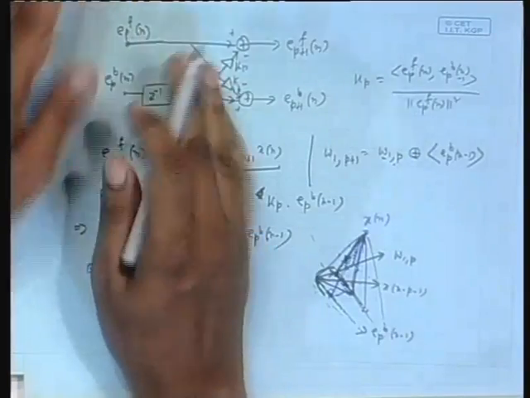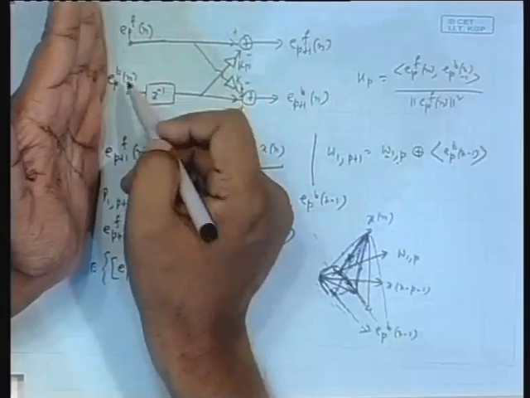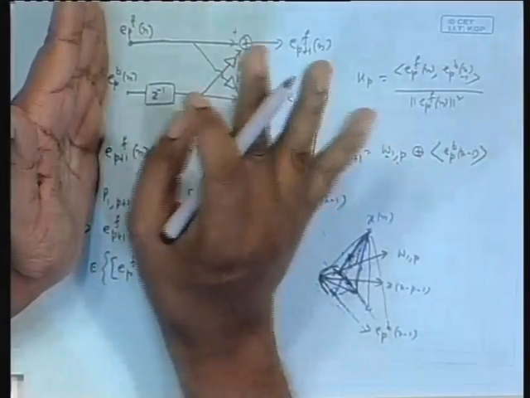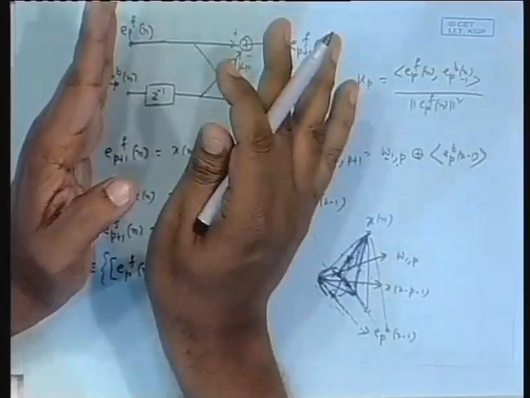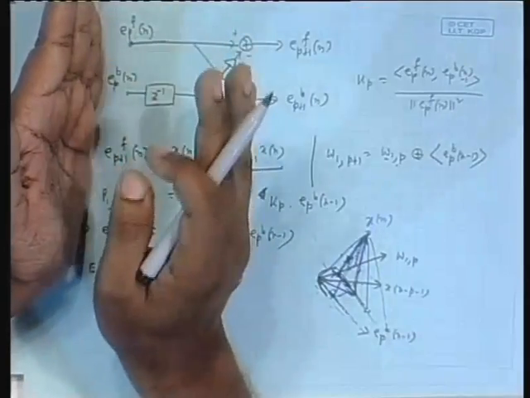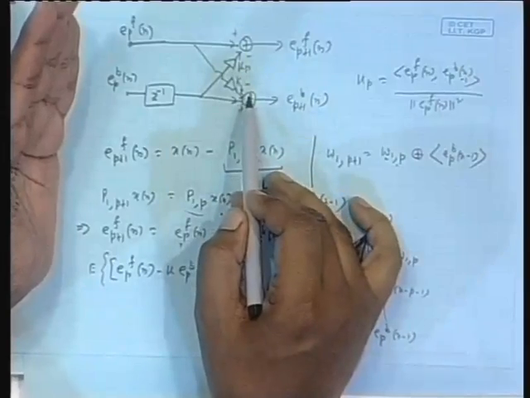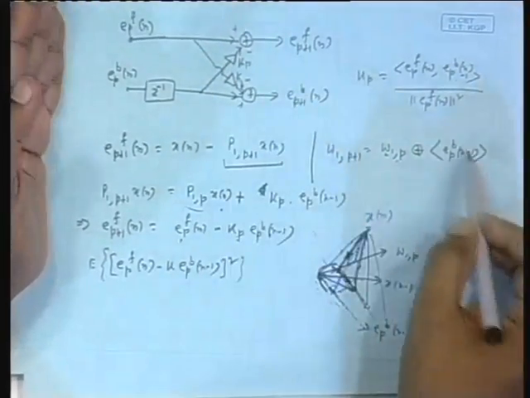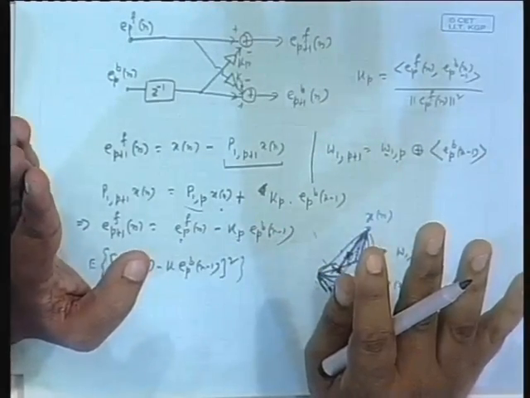Suppose in this stage I already know what is EPFN, this is crucial. Please understand, books do not discuss all this. I am assuming that up to the previous stage of the lattice, everything has been done nicely, optimally, without any error. So I am indeed getting the correct EPFN, correct EPBN. That is not a very practical assumption, but suppose it is so. But here I do not know this KP, and I want to find it out. Instead of evaluating by the direct formula, I want to do a steepest descent to find it out. That means I have to formulate